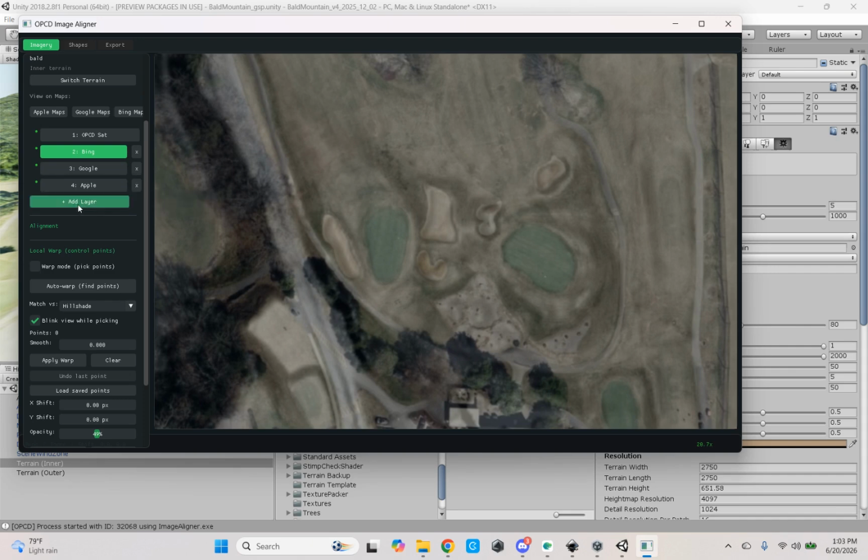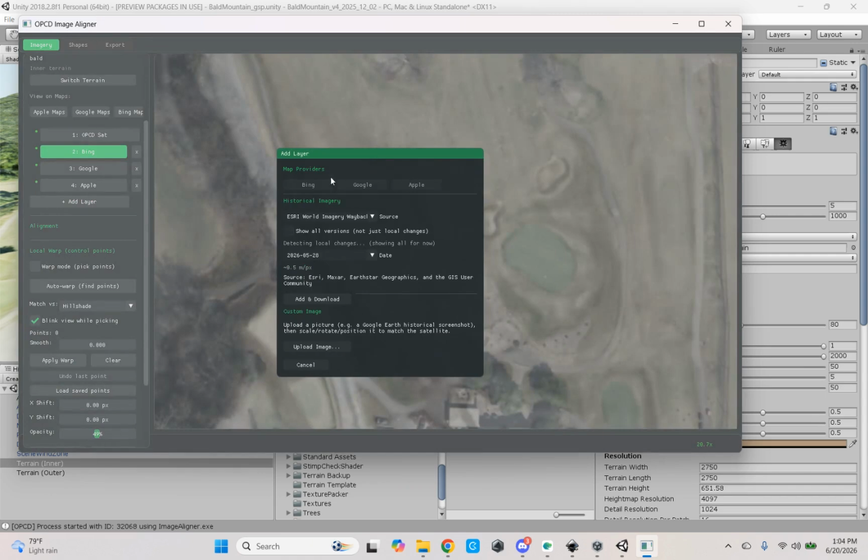You can have, I've already forgotten. I think Stingray said 6 total images is what you can have. So if you didn't like one of these, you could remove it and add multiple historical images. But you're going to click on this button, add a layer. And where these come from, it will not use Google Earth. You can use Google Earth to kind of look and get an idea of what you want, but you would